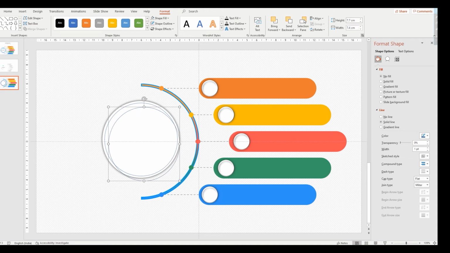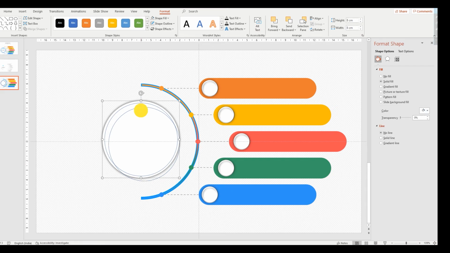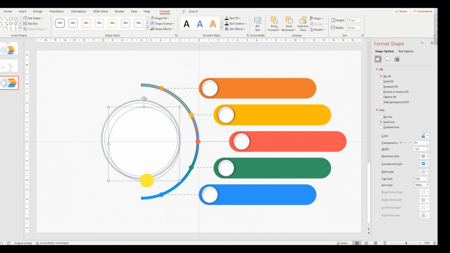7.4 we are taking. Adjust this one. Sorry, 7.4.